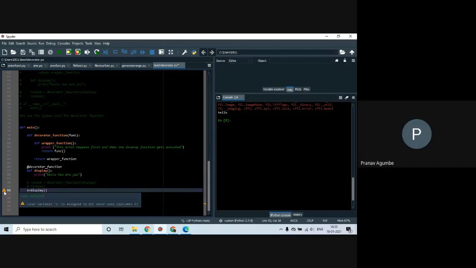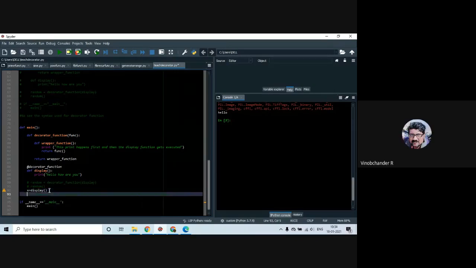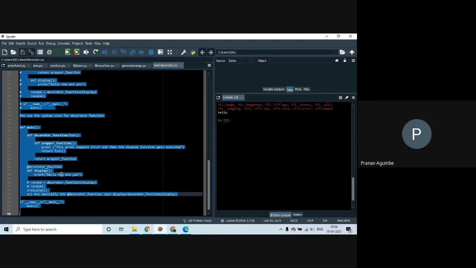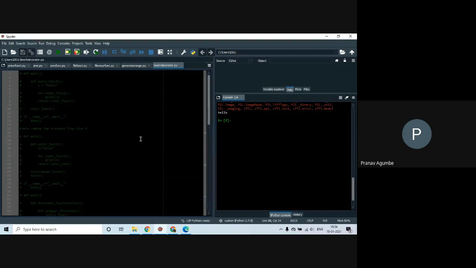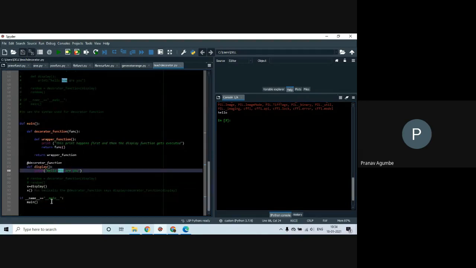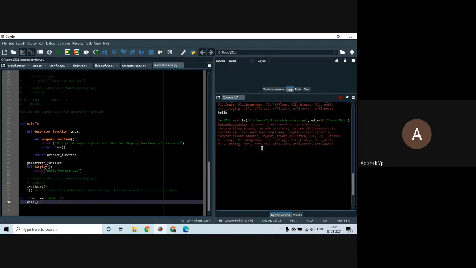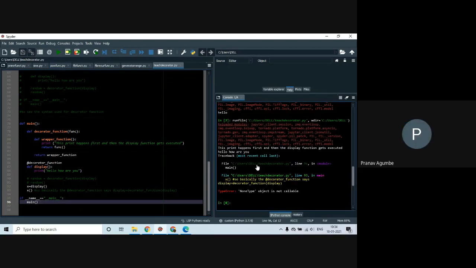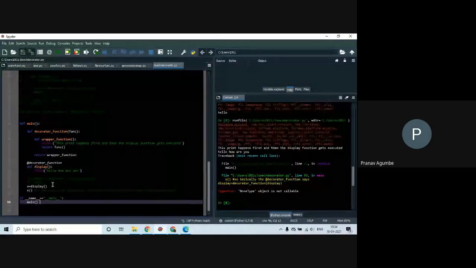It's already showing some warning. Okay, it is not used, so call it. Let me just check if it's okay. Everything is commented out. NoneType object is okay.